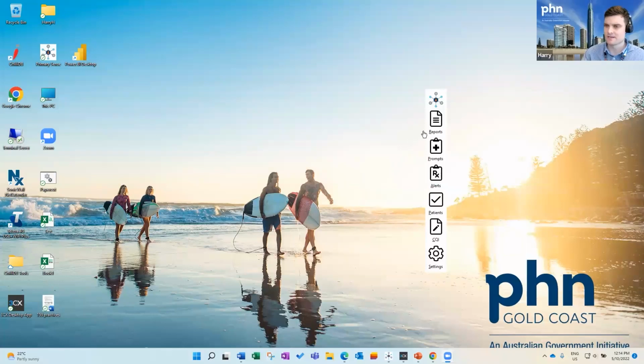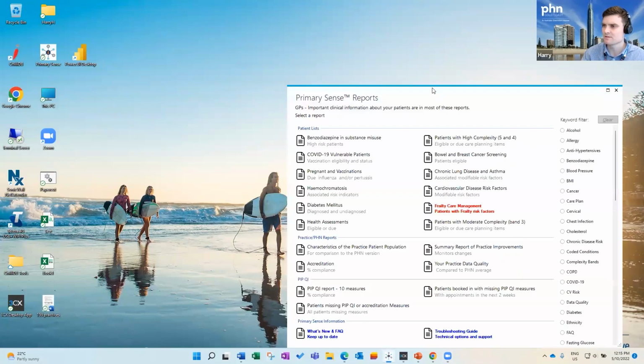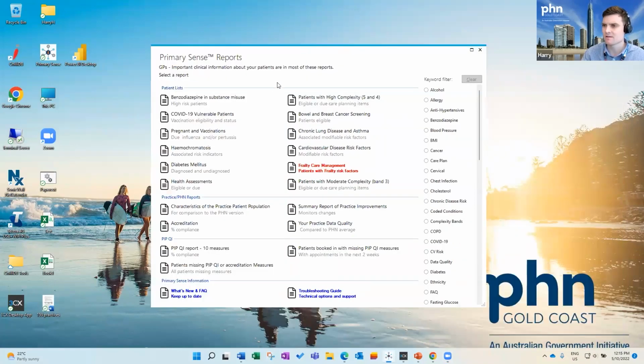And here we are here. So here is a Primary Sense desktop app. Today, I wish to view the patients in my practice with a complexity score of 5 or 4. So these are my most at-risk patients for mortality and morbidity. If I click on Reports, this screen here will appear. And these are all the reports that I can open in Primary Sense. If I double click on patients with high complexity, 5 and 4,